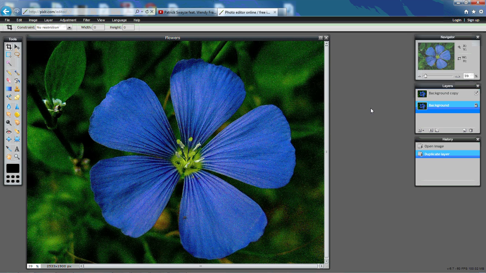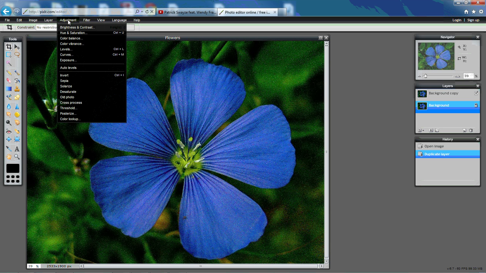Now you always need to be conscientious of which one you have selected. Like right now I have the background selected. I want to select the top one here. Okay, so I'm going to click here on this top image because this is the picture that I'm wanting to manipulate right now. Just as an example, if I click this background image and I go here to adjustment,